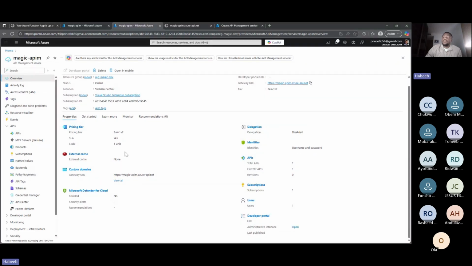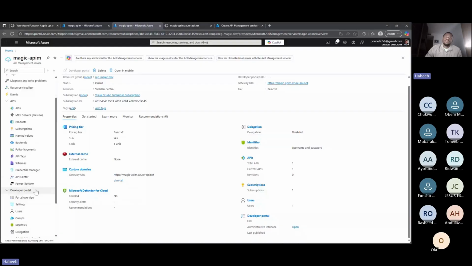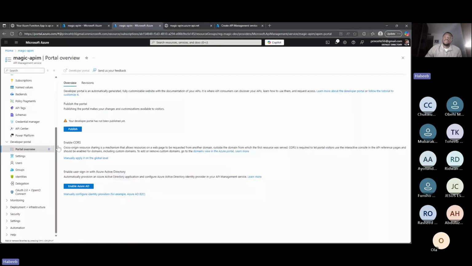Everything is created. I have one API, because these are my APIs on the left. Okay, this is my developer portal that I was talking about. It has not been published. The default is that it's not going to be published, okay? It's an automatically generated, fully customizable website that documents your API. So these things that some products, some APIs have, you go to the website, you see all the APIs, and you can use them online. Okay, so if I publish,